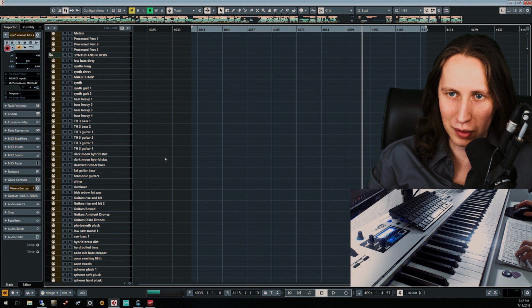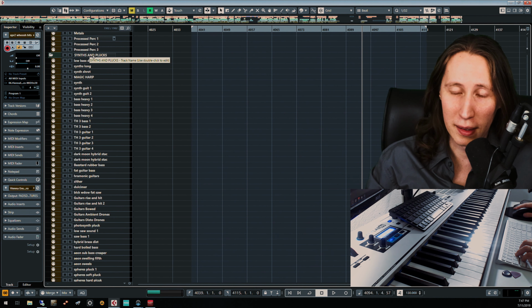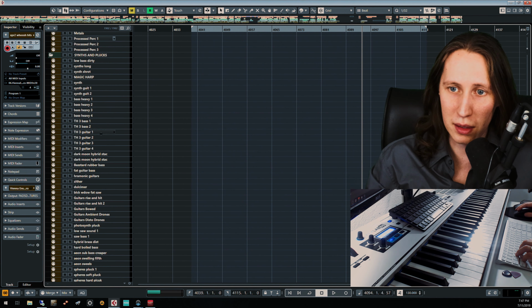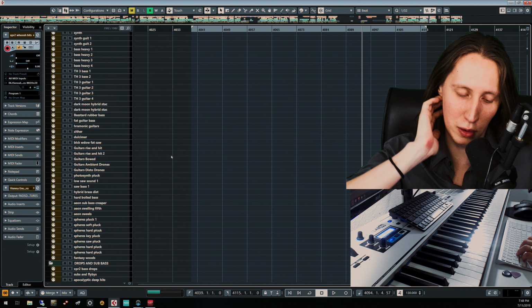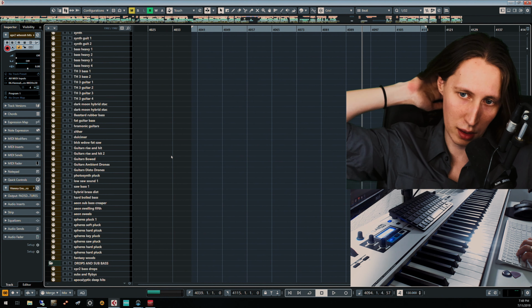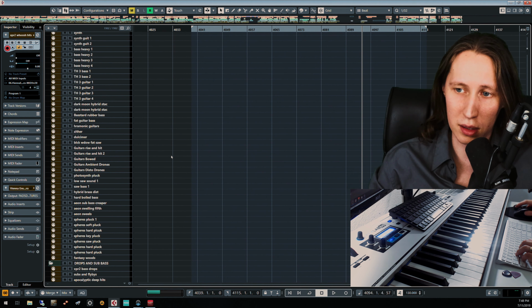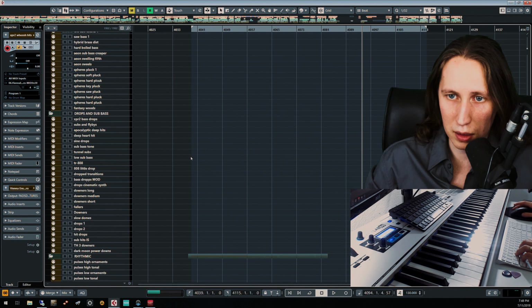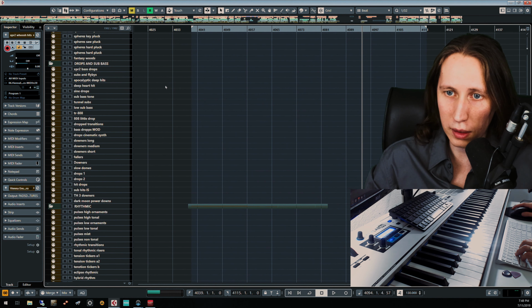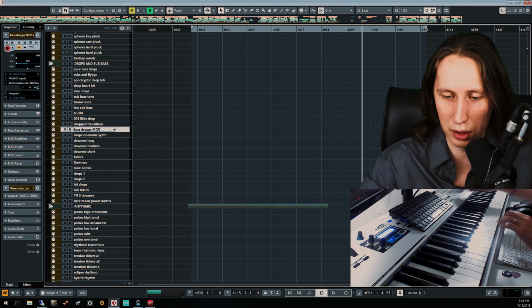And then next I have the synths and plucks. As you can see, we have some synth guitars, some synth basses. These are all Kontakt libraries. These are not the Massive or Serum synths, and these take less CPU usage on this computer. Then we got the sub drops and sub bass. So that's basically your